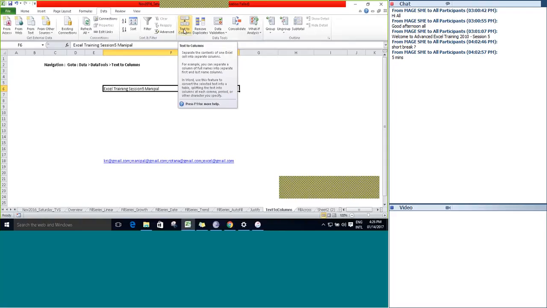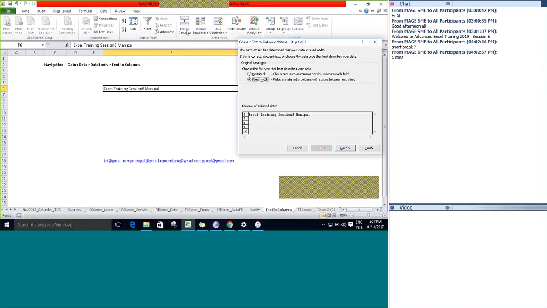Text to Columns will help us split a single string into multiple strings. Here you can see a single string: Excel session 5 Manipal. If you want to split it into multiple strings, you can go to Text to Columns.